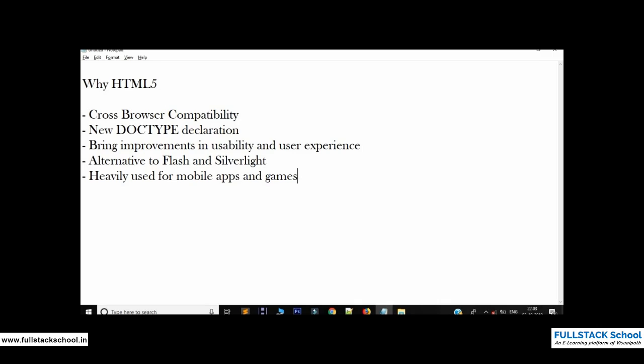HTML5 is also capable of handling multimedia content without the necessity of installing plugins, and we can easily develop interactive games with the technology. What is inside the multimedia, right? Multimedia like video, audio, plugins, YouTube. With the help of all these, it has become easier for a developer to develop a more interactive and very dynamic website. Okay. Now let's go to the next point, that is clean markup and